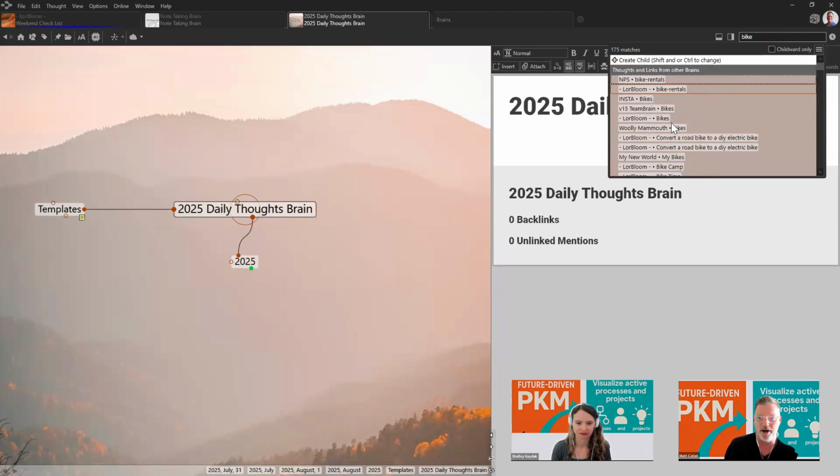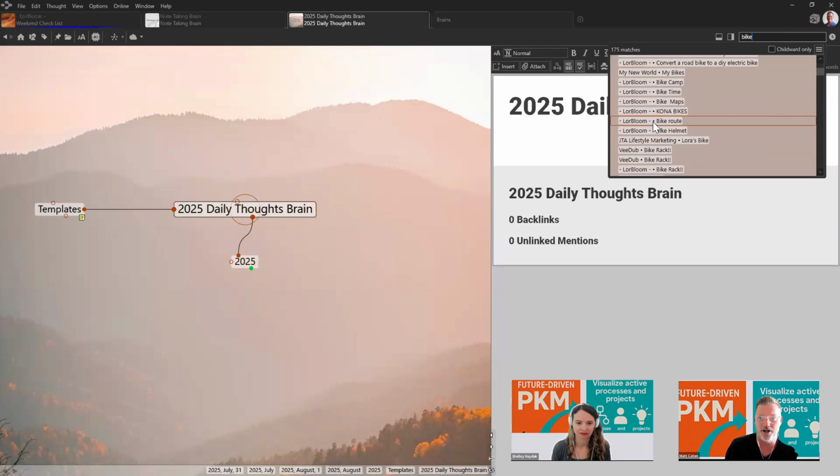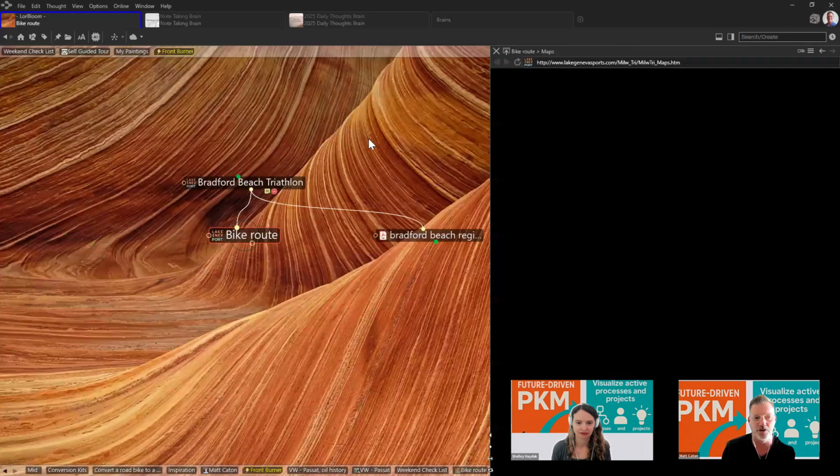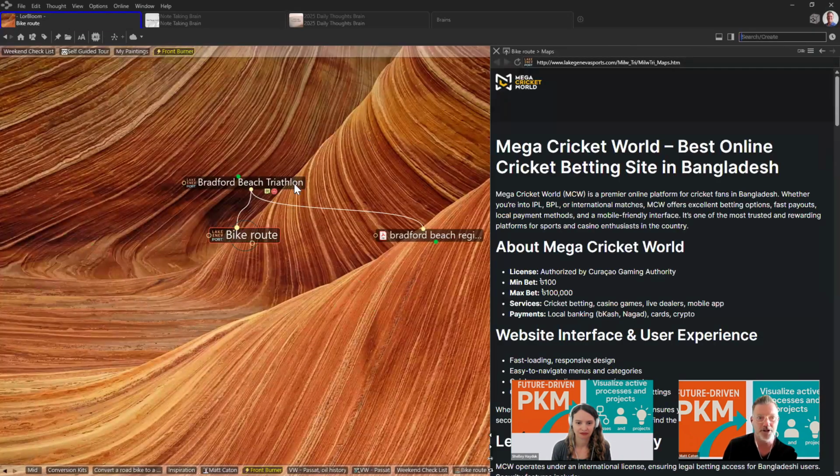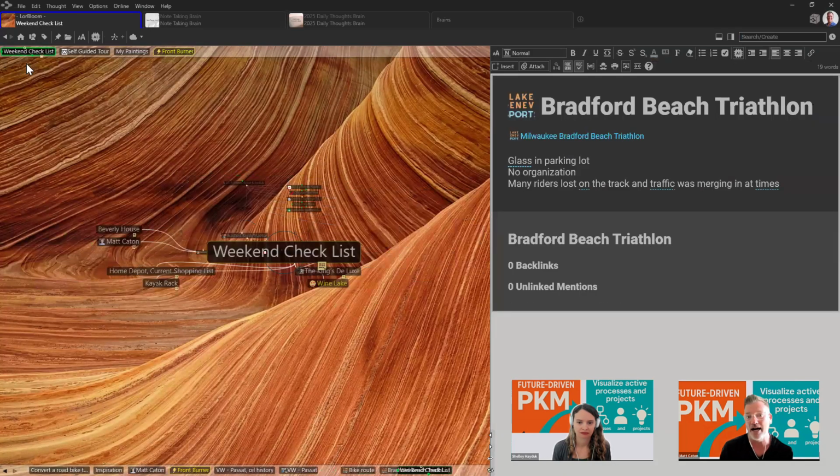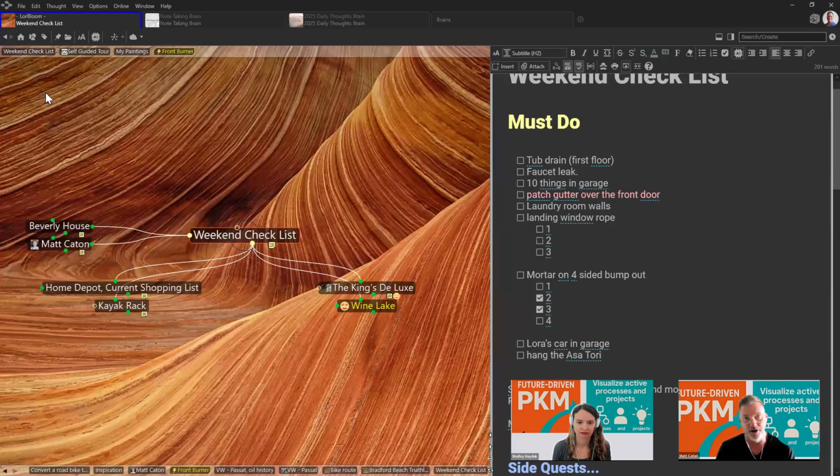So if I'm in the wrong brain, I can open it up and go directly to a specific thought that talks about bikes. In this case, it's about the bike route for a triathlon. So you can easily find the correct thought that you're looking for simply by doing a search.